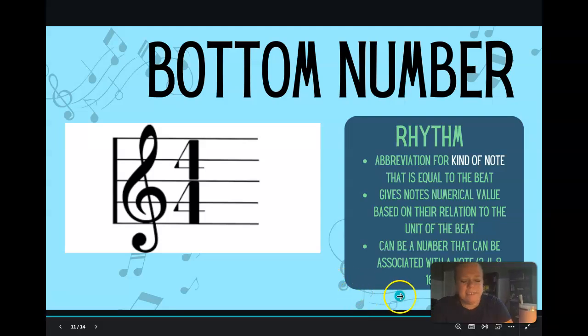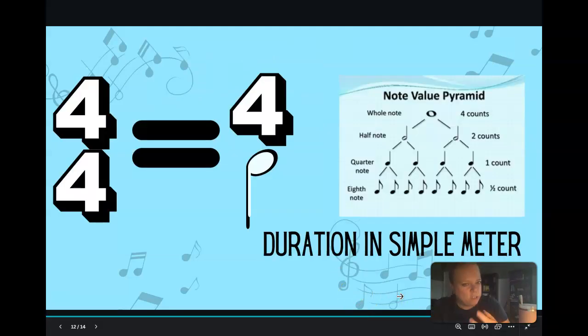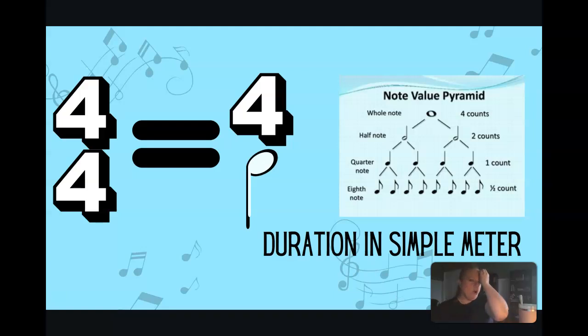For some reason, that can be very tricky for kids. And they're always remembering the top number tells us how many beats are in each measure. And they think, wow, that's so important. It's not. The most important number is the bottom number, because that tells you how you're going to be able to count the rhythm, how you're going to realize that difference in duration throughout the rhythm of the piece over the top of that steady beat. Now,